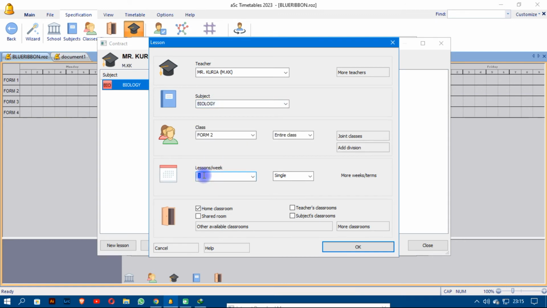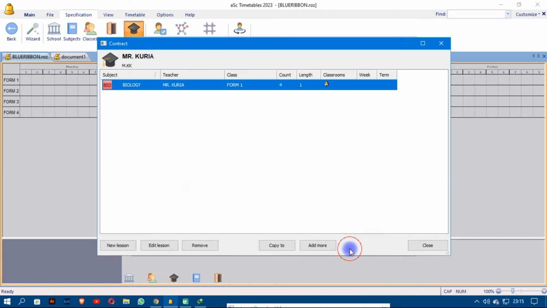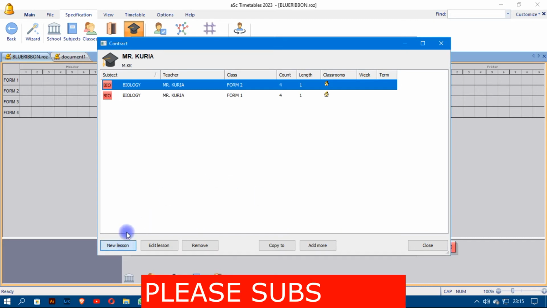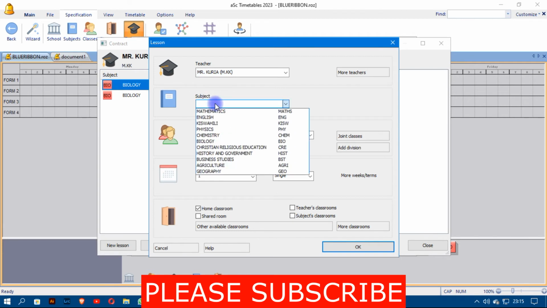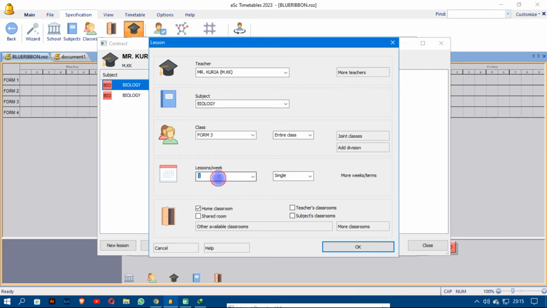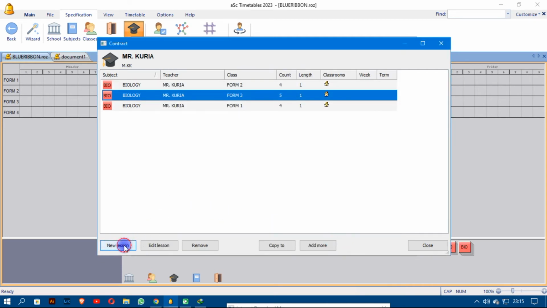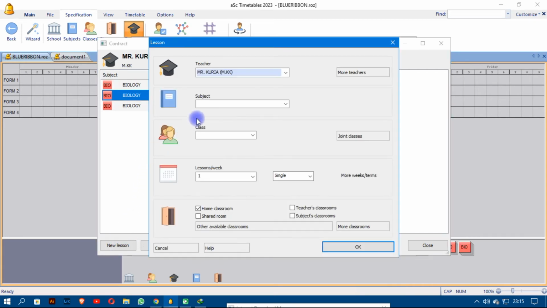Number of lessons in a week, we work with 4. And then click OK. And then the next class to consider is Form 3, and then subject, same, biology. This time around we work with 5 lessons in a week. And then the next form, not chemistry but biology, the next form is Form 4, number of lessons, we work with 4, and then